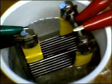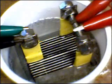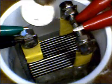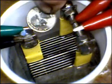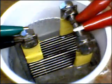These are not thin flakes. I want to say they're probably about 20 thousandths of an inch thick. They were thicker than I expected. And I want to give you some idea of the scale that we're looking at here. This is a quarter, 25-cent piece that I'm holding up to this, so you get some idea of the overall